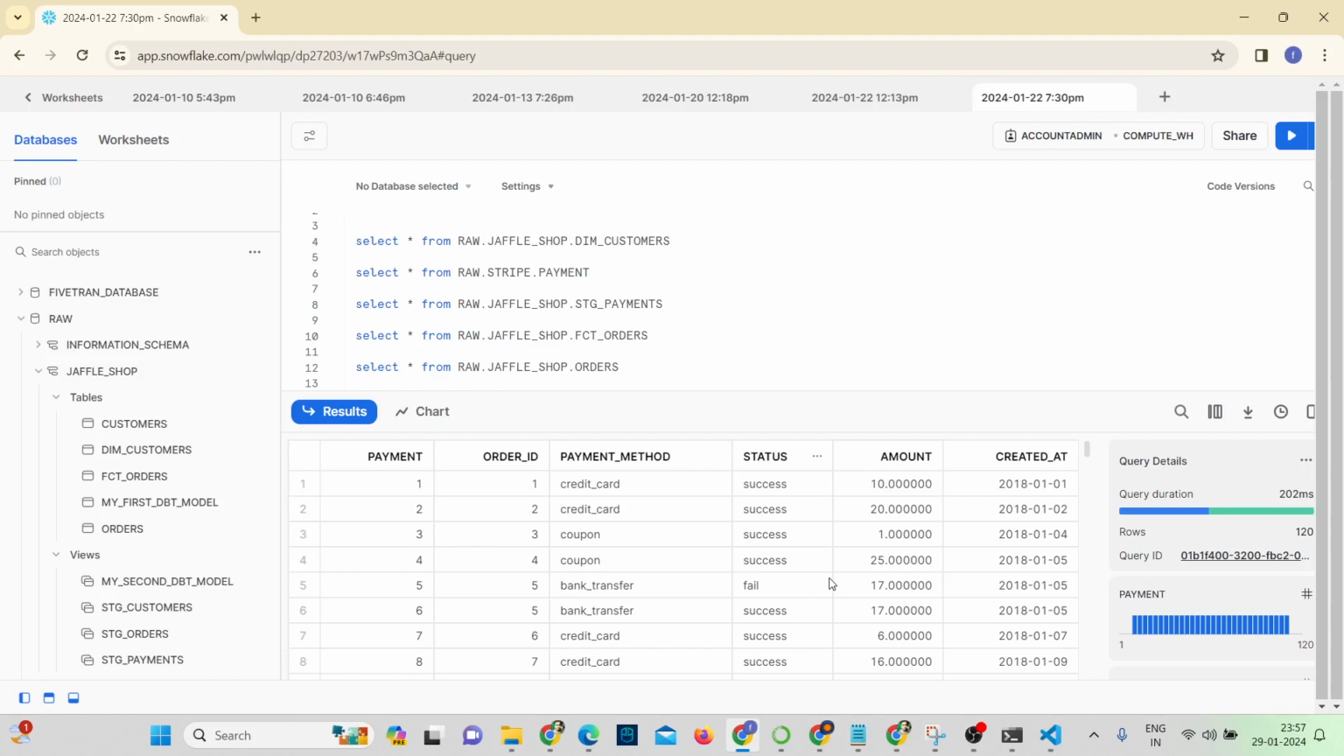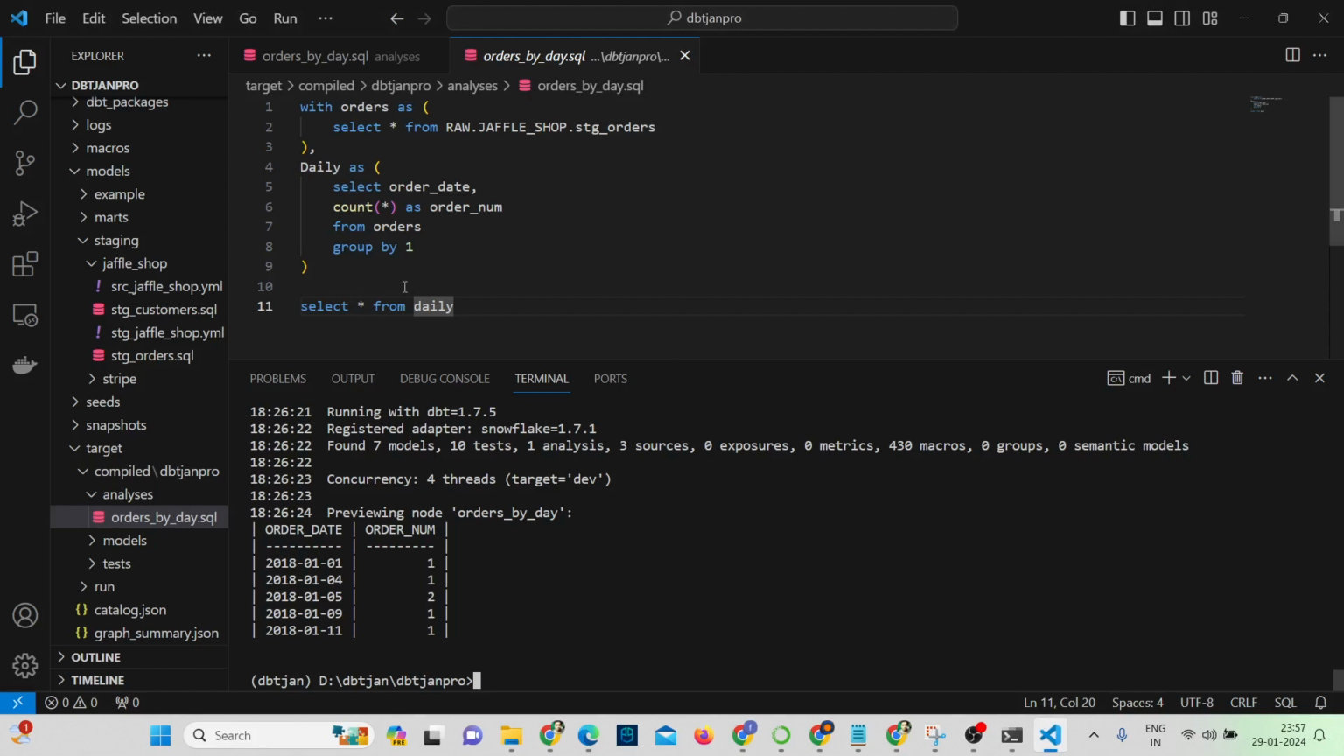Even, we can compare the orders with the previous day's orders. We can do that using a compared CTE. Let me write one more CTE. So let me extend this. Instead of directly writing select star from daily, I can add one more thing as compared. Let me write here, comma, compared as, select star,